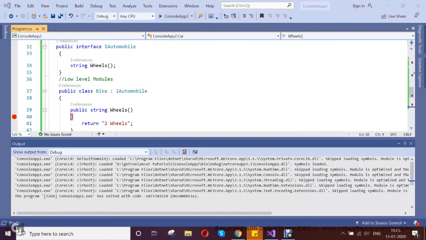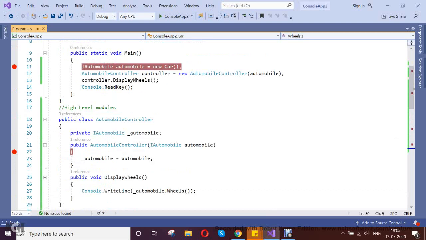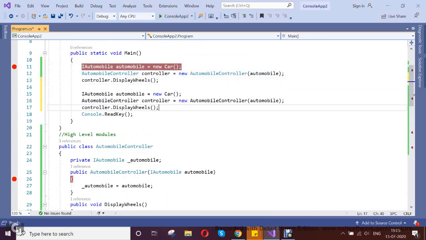Hopefully you understand. This is the way. Again, if you want to get the bike, just pass the bike to the controller, as another second instance of the controller.